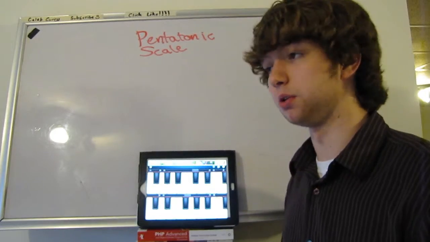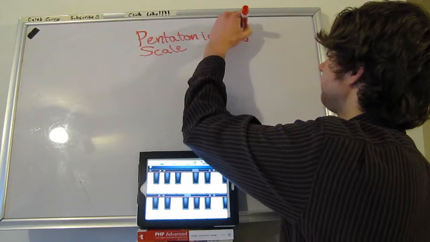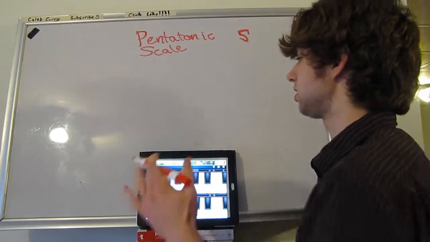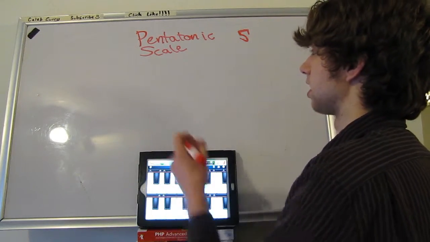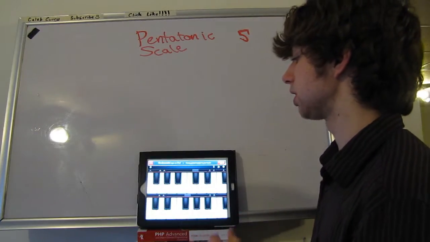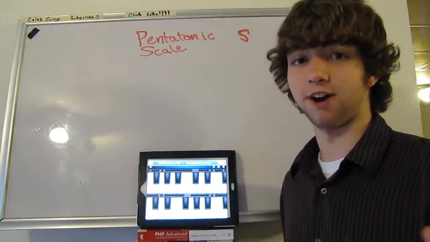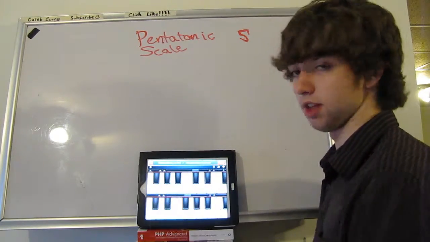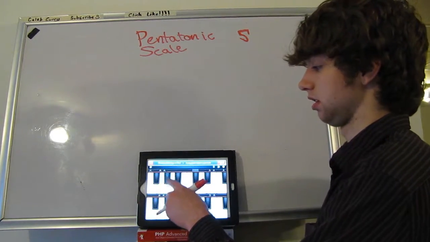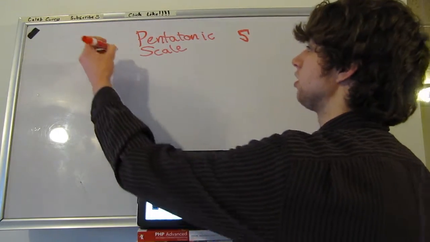If you remember in my last video, well, not my exact last one, but a couple back, penta is 5, so this is any 5-note scale. Now, it really could be anything. There's a typical pattern used with pentatonic scales, the recognized ones. Any pentatonic scales you'll see are typically on these black keys, because there's 5 of them in an octave, so that's really convenient. Almost any pentatonic scale you will see will use these keys. So I'm going to be going over the major